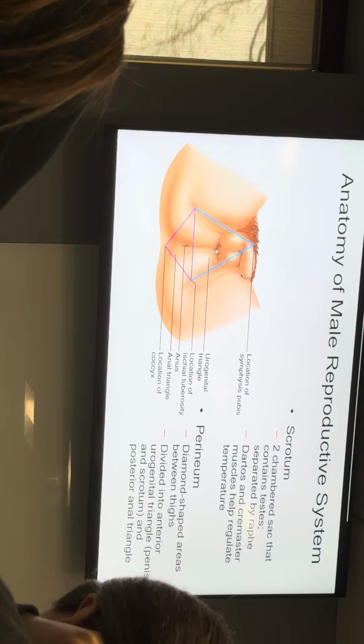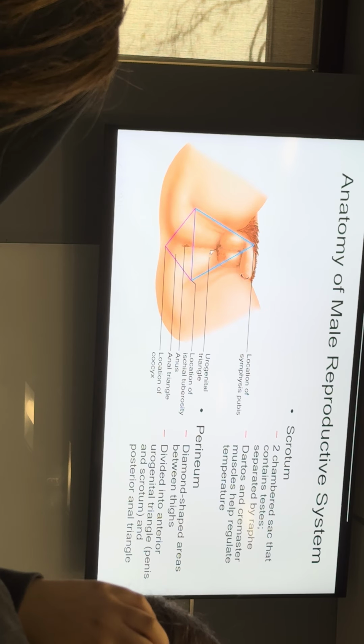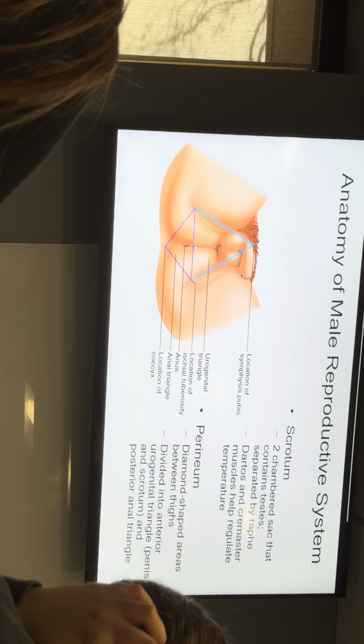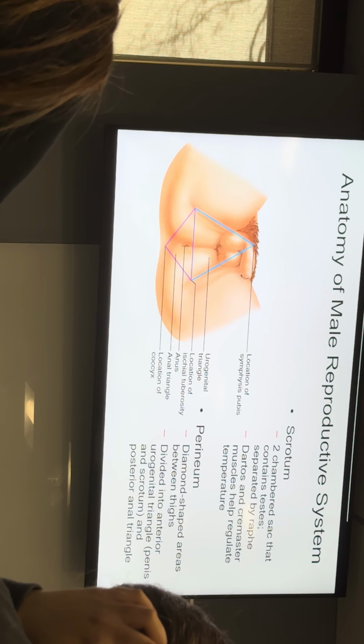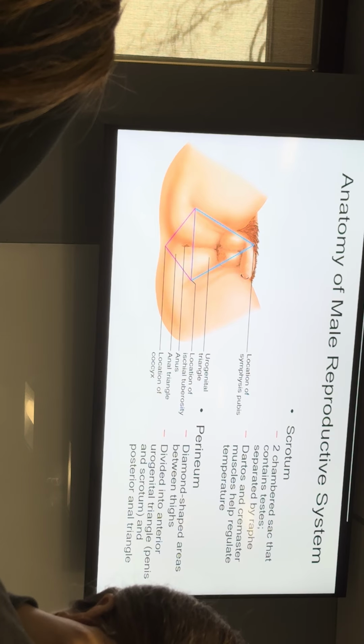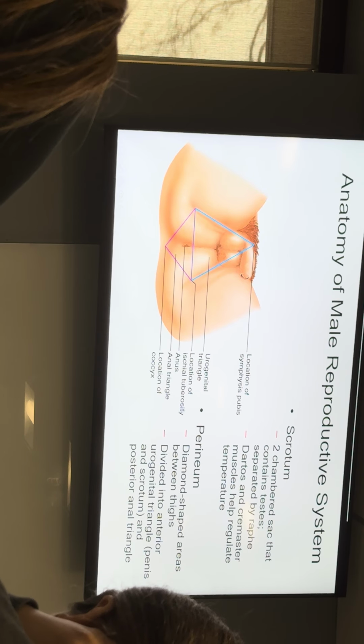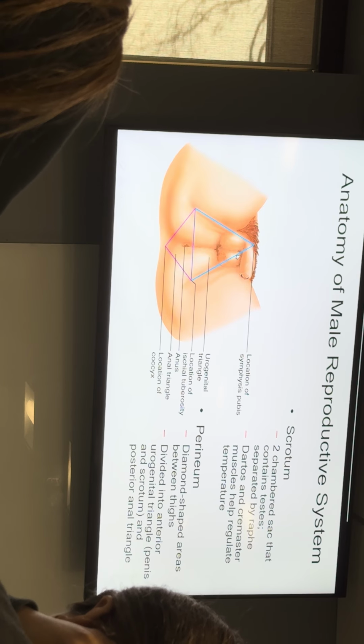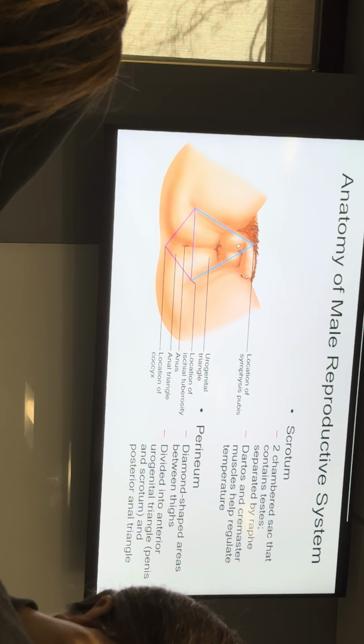It even goes all the way down the perineum, which we refer to as the taint, at least I did when we were growing up. That's what guys called it. But in the perineum here, that line that runs down there is literally the same thing as a woman's labia minora that fuse together.